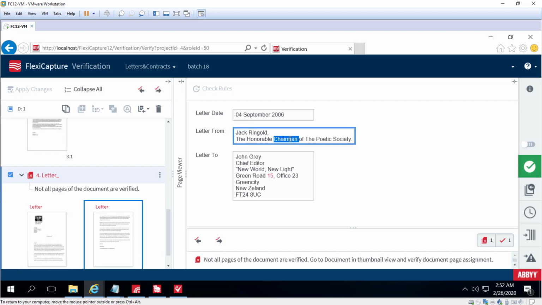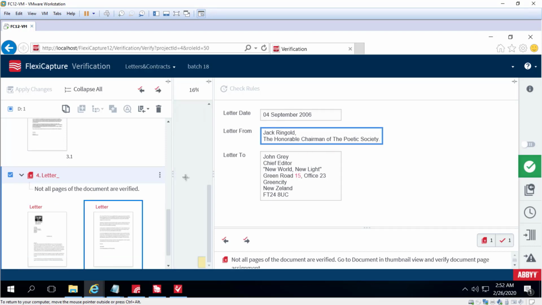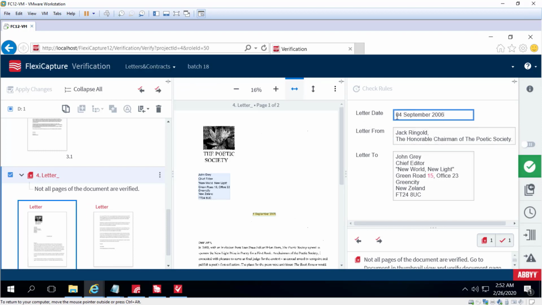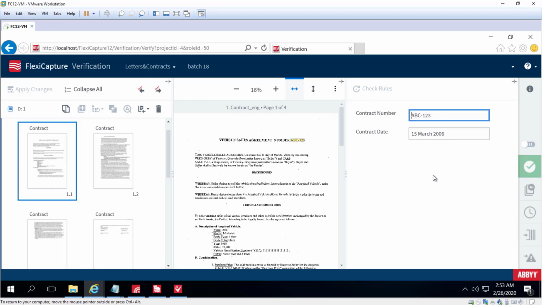We'll just click here and look at the page viewer again. And this actually highlights where that field is. I can hit enter, and rule checking does happen within the browser. When a field with an error is corrected and loses focus, the error disappears from the list, and the field on the data form is not highlighted anymore.